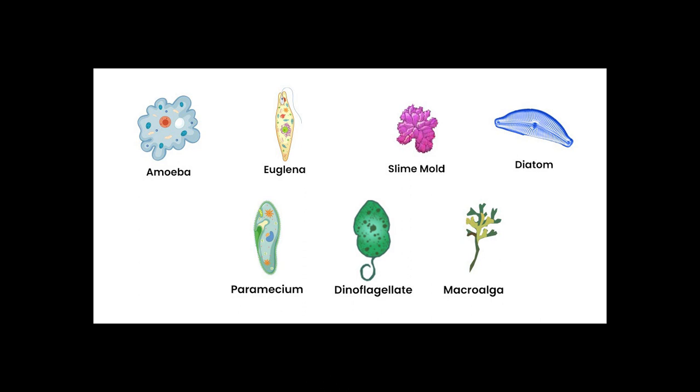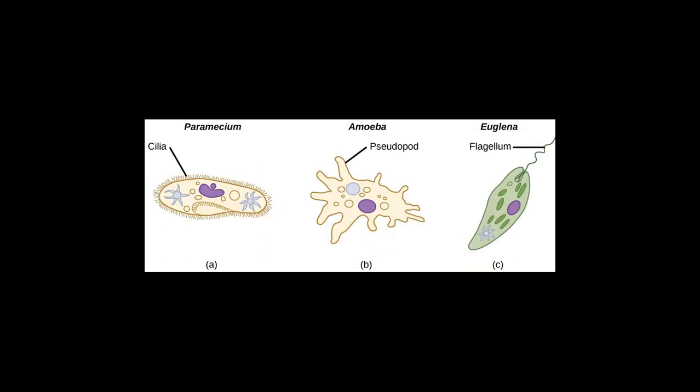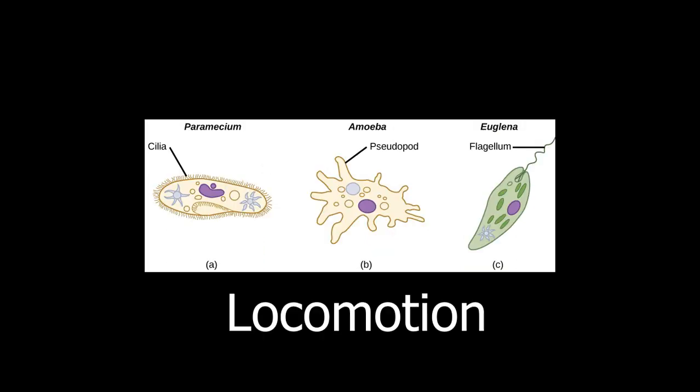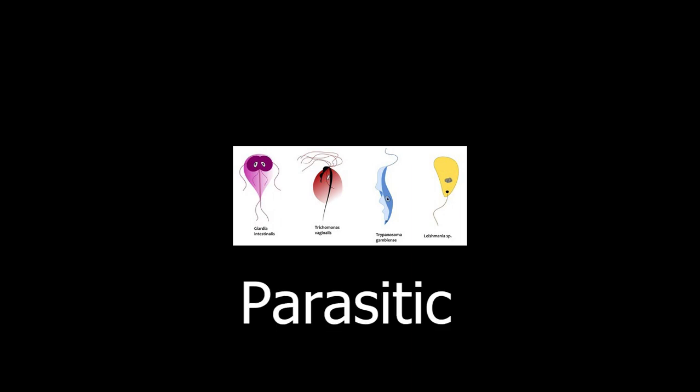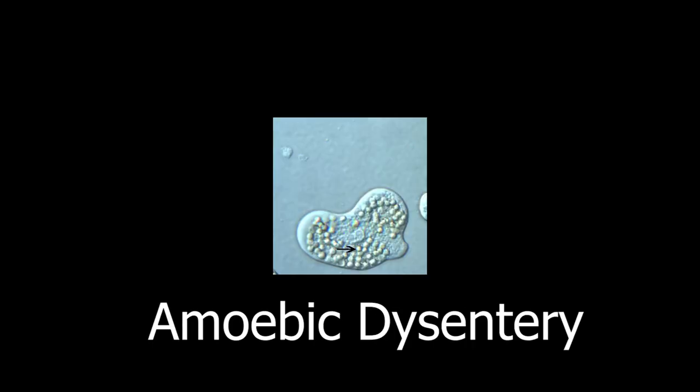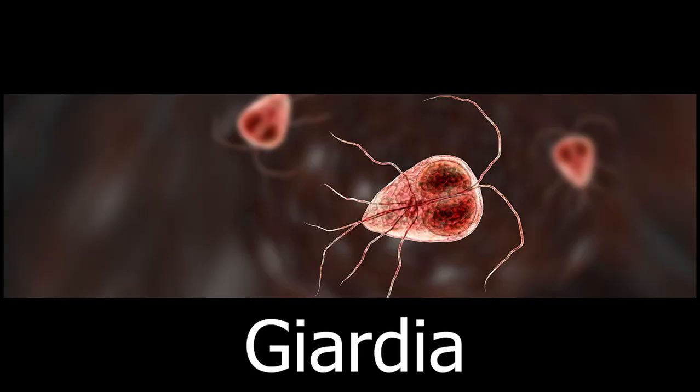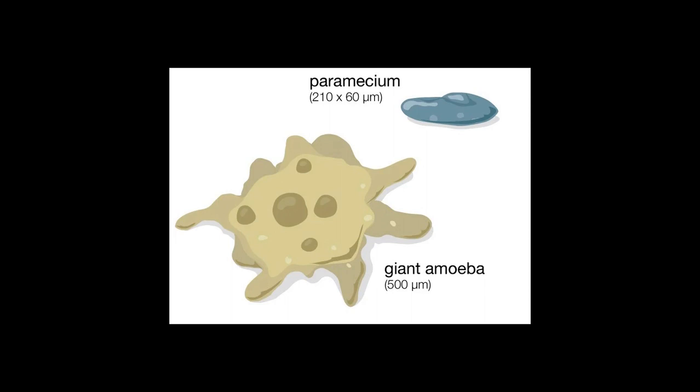Some make their own food using chloroplasts, but most don't. They have many ways of moving around, including flagella, cilia, and amoeboid action. They have multiple ways of reproducing, and some have quite complex life cycles. But they have membrane-wrapped organelles and an outer cell membrane. Several parasitic protists can cause deadly diseases, including malaria, amoebic dysentery, and giardia. But the human body is also home to beneficial and neutral protists.